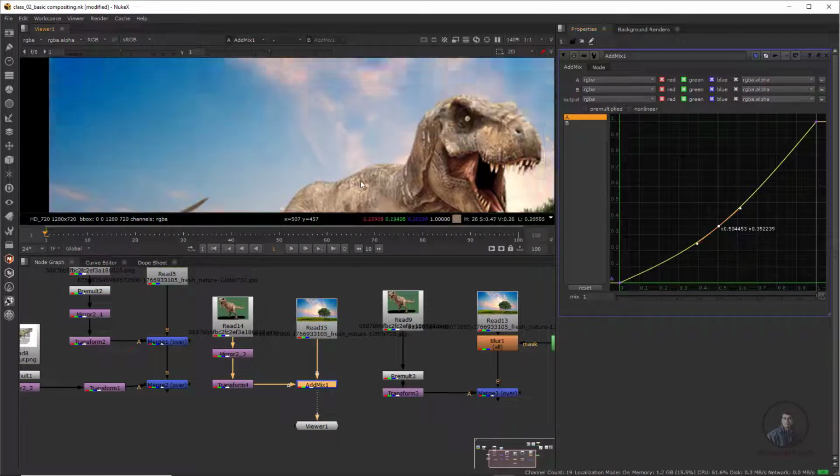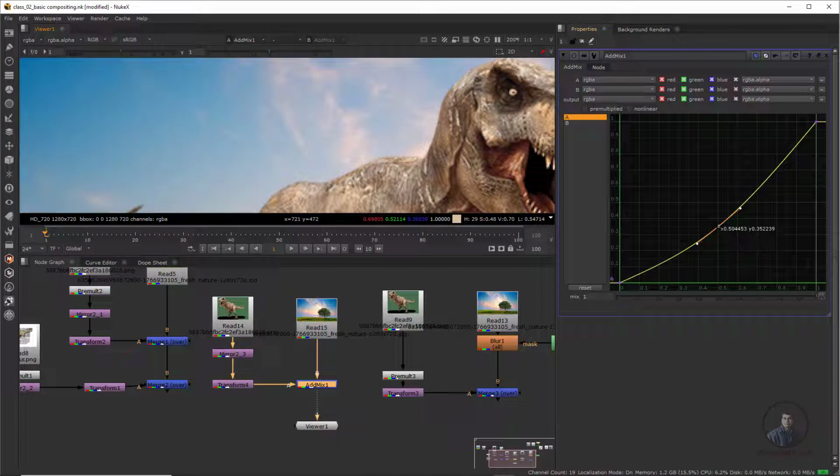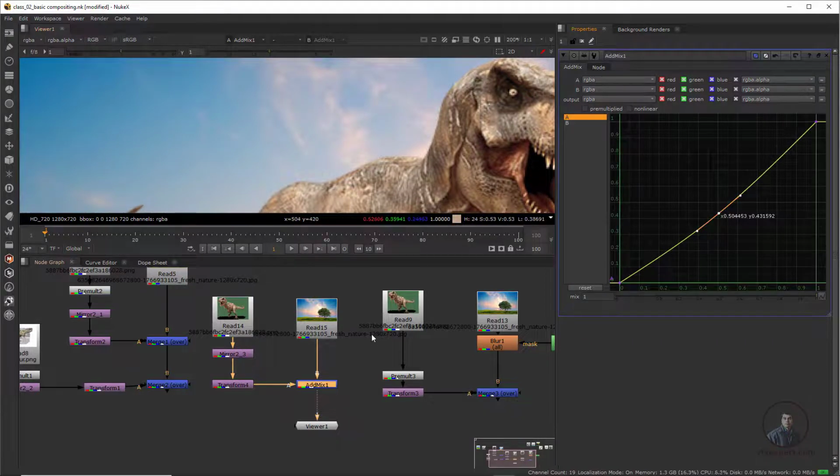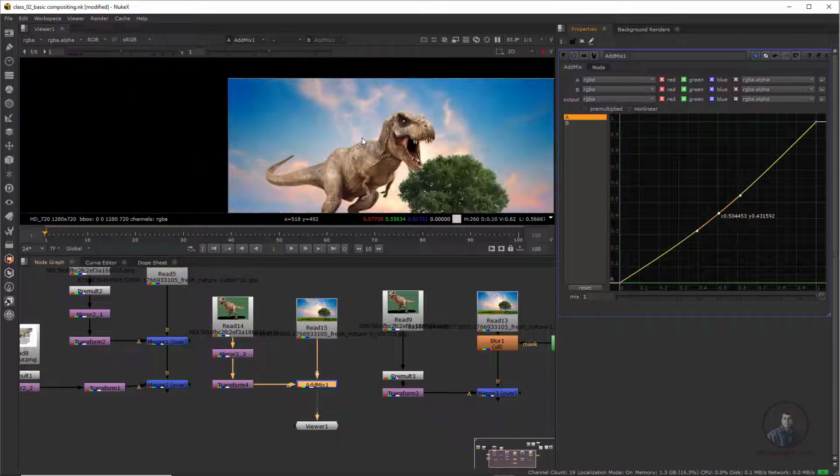Now you can see here a little bit, I am going to zoom in. So now you can see this is blending the edges a little bit here. So easily you can focus here. Okay, so if you want you can also use this add mix for your compositing, but this totally depends on your practice and according to your requirements.